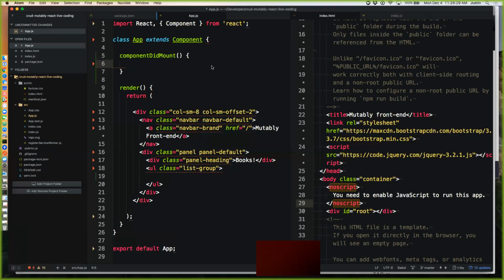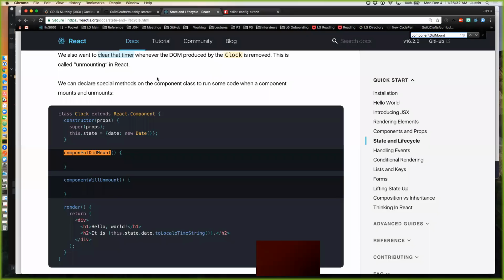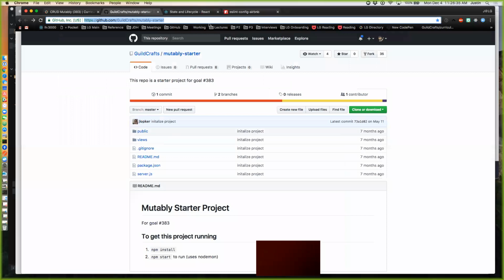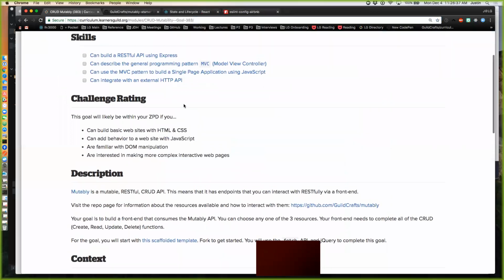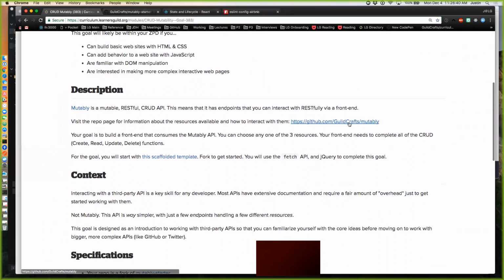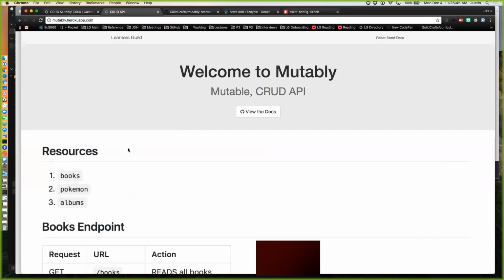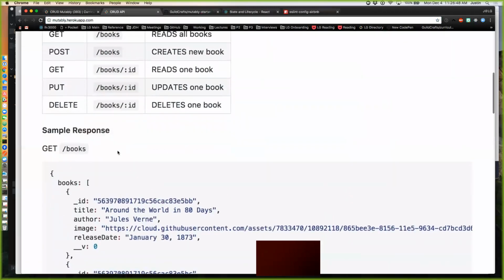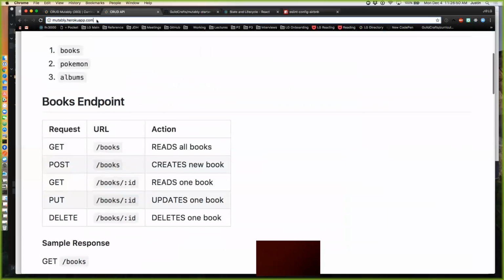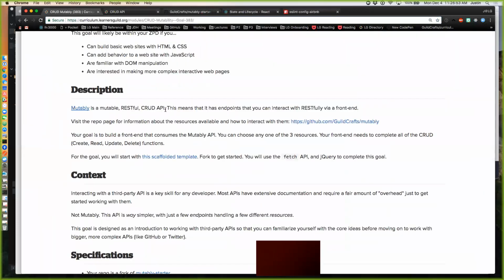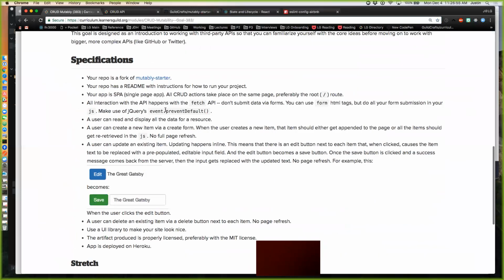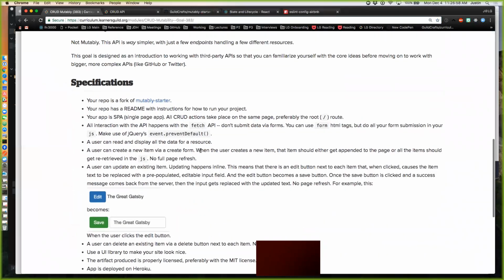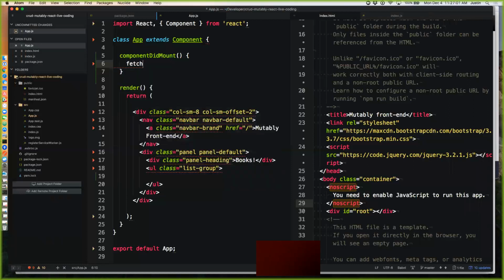So yeah, anyway, here's where we make a fetch call. And so the fetch call is to, where is this? So it's to this, and we want to get books. So I believe it's just this. So we'll do a fetch to there, except slash books,